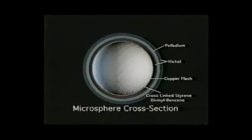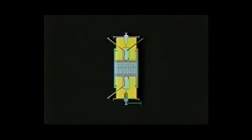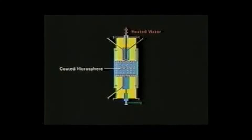This cell is very similar to the Pons and Fleischmann concept, except it uses tiny little metal-coated beads with either nickel, palladium nickel, or even sometimes just nickel, and ordinary water, not the heavy water which Pons and Fleischmann started with. And with a flowing stream of this liquid, or electrolyte, with just a little bit of lithium sulfate salt mixed in it, it produces spectacular energy. In fact, in one experiment, they turned the power off completely, and the cell continued to produce